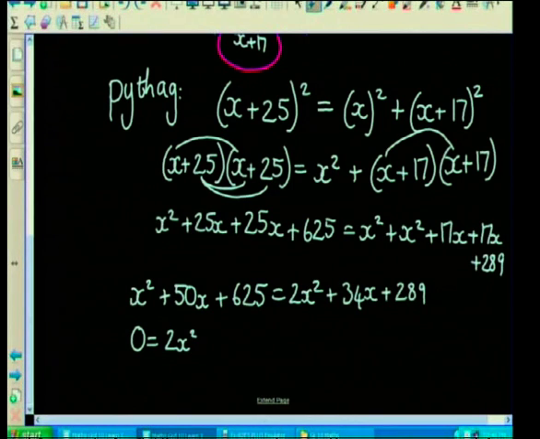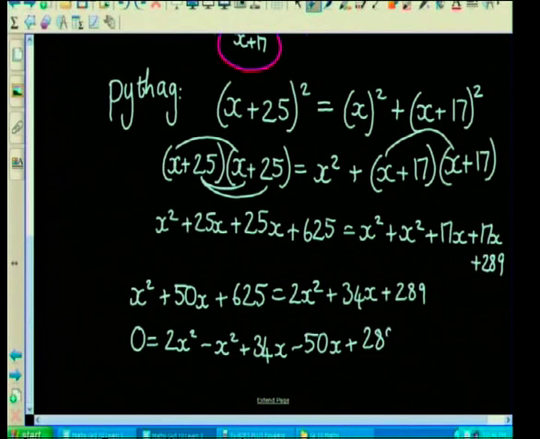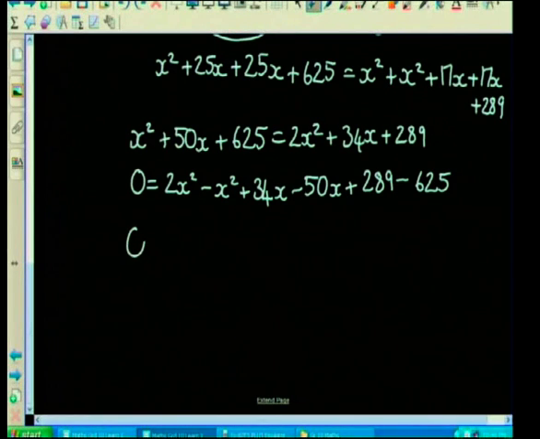So we have 2x squared minus x squared plus 34x minus 50x plus 289 minus 625, and that's 0 is equal to x squared